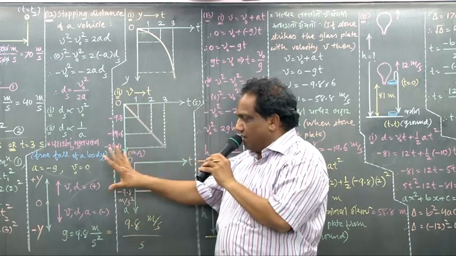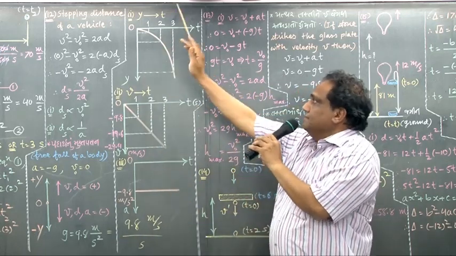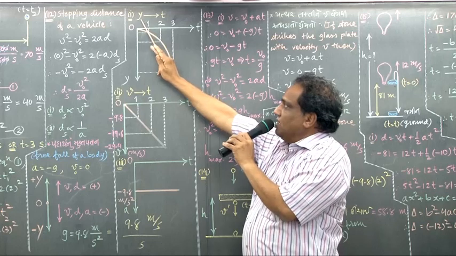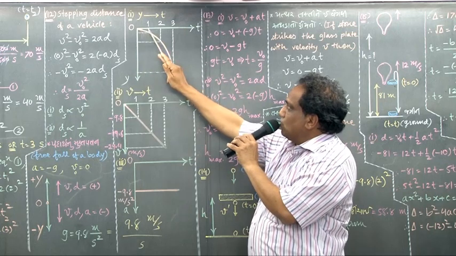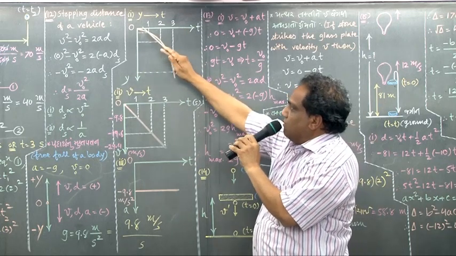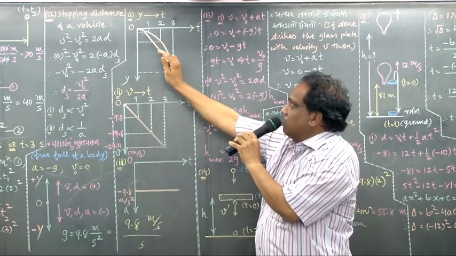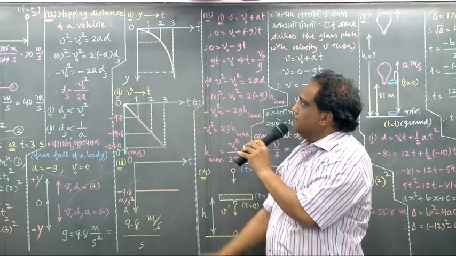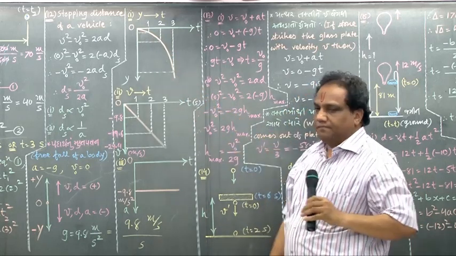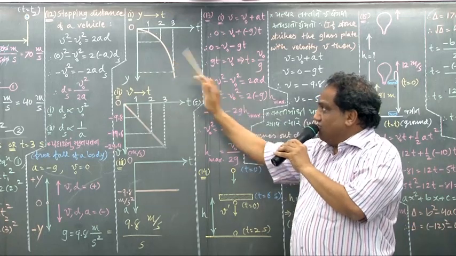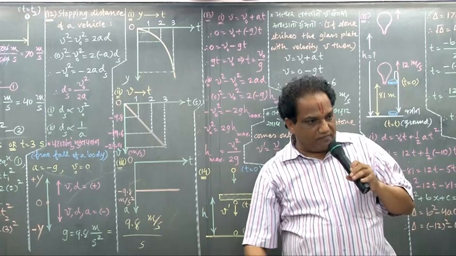Now depending upon this fact, they have shown some graphs here. Look. Graph of distance covered by a freely falling body versus time. Time I have shown on the x-axis. For a freely falling body, distance is covered vertically downwards. That's why I am showing it along the negative y-axis. Can you tell me why the shape of the graph is like this? Why is it not a straight line? Why is it a curved graph?